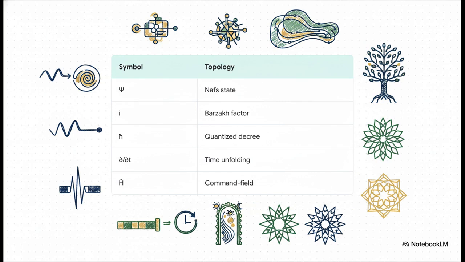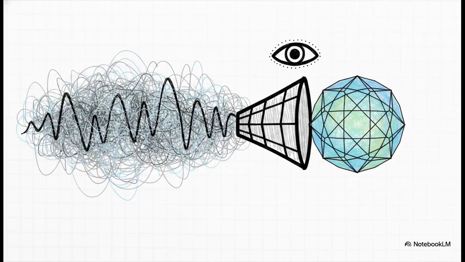And h hat, the Hamiltonian operator, is the governing command field, the Rabb-topology that oversees the whole thing. And just as a quantum wave eventually collapses into a single reality, this framework views that wave collapse as covenant sorting. Remember the second 2 in our pulse? That's what this is. But here's the twist.